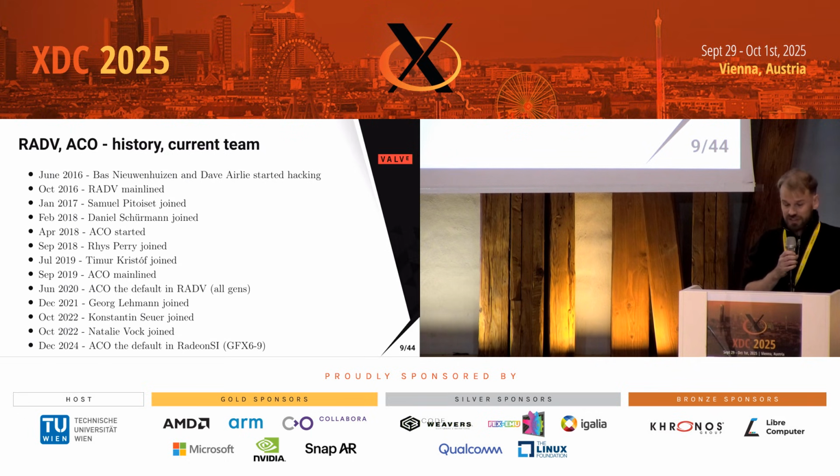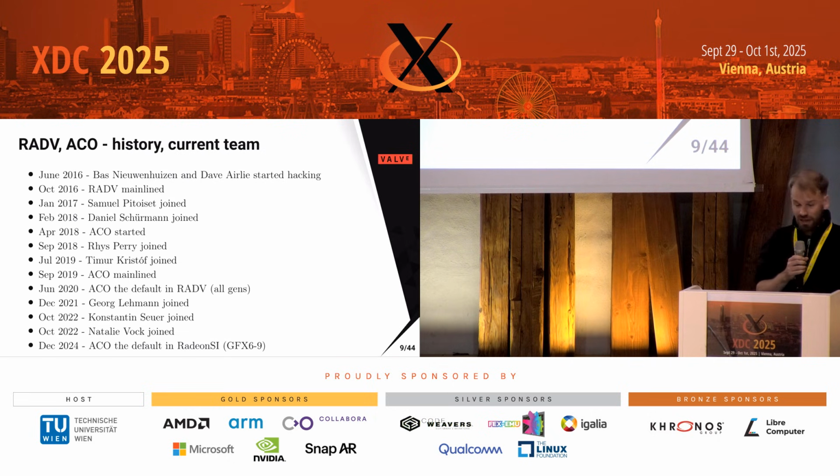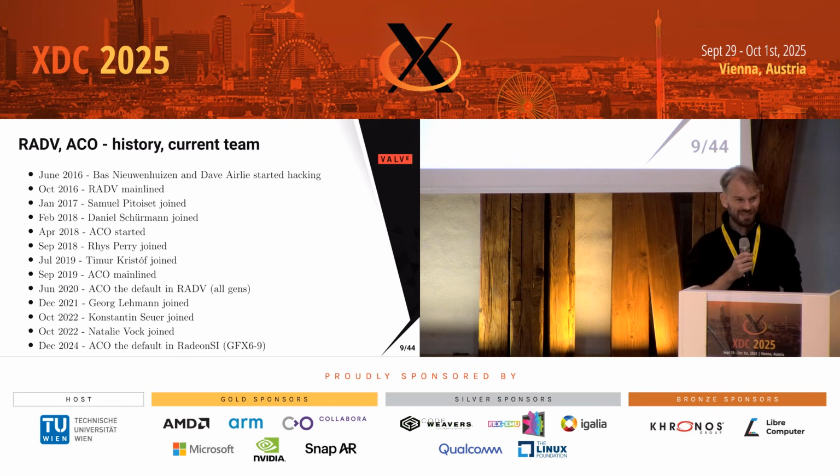So we decided to write our own compiler backend. Two months after I joined the team, I started working on that together with Bas, and then later in September, when Rhys joined, together with Rhys. This took quite a lot of time, until the next summer, until we actually announced this backend. So this was a lot more effort than anticipated.